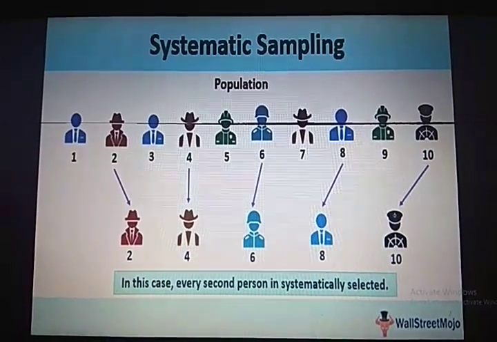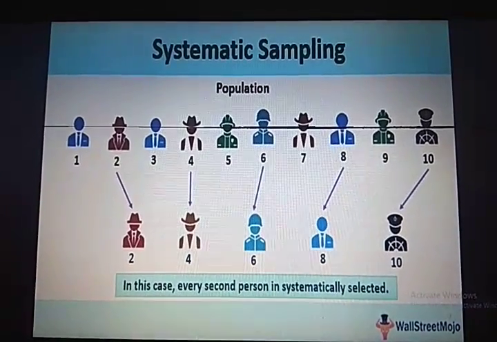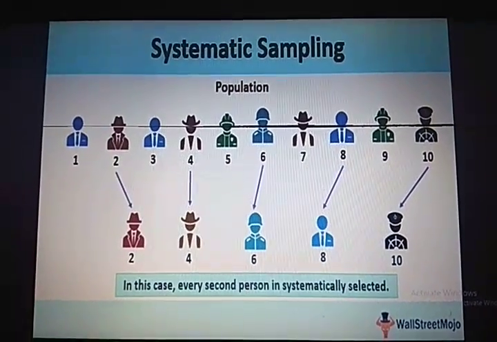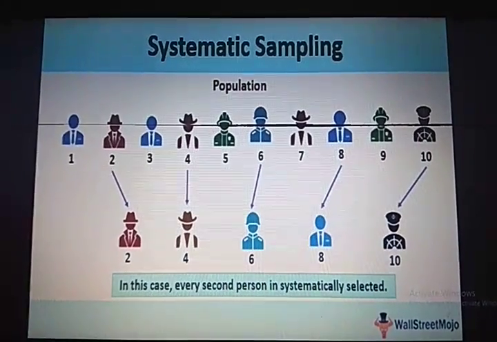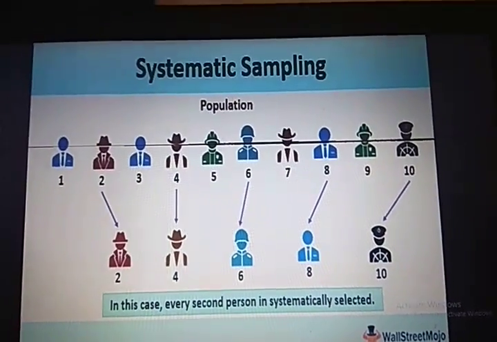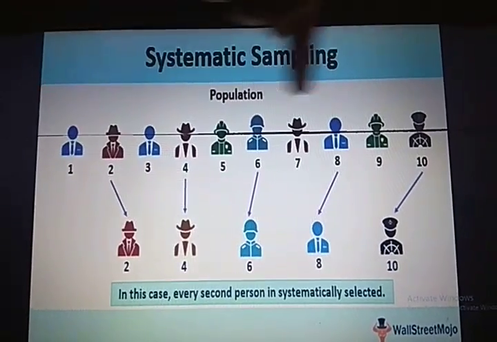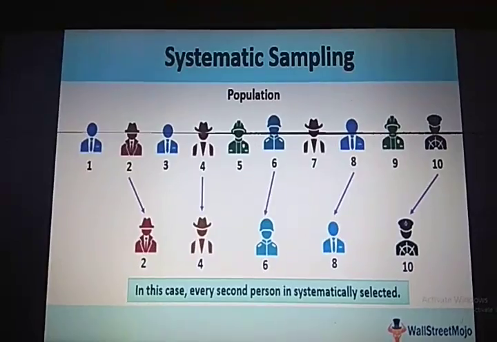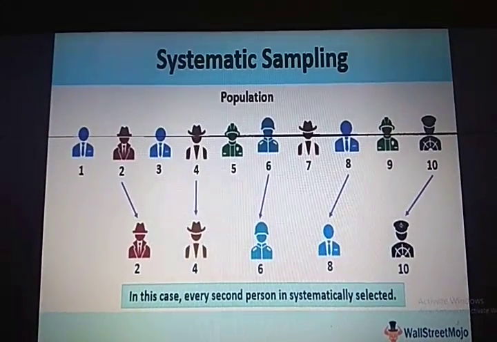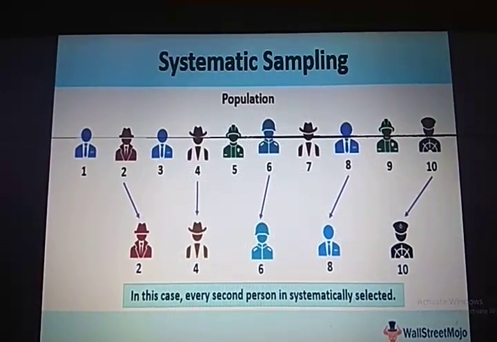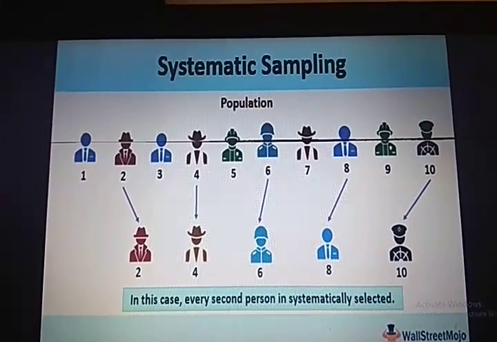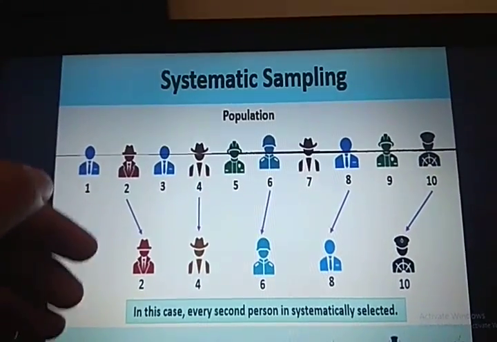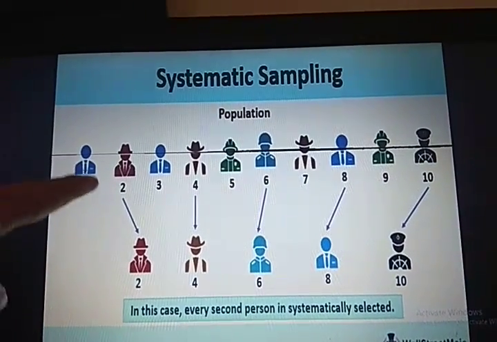Now systematic sampling. In this method, out of the complete list of available population, the sample is selected by taking every nth item from the list. That means, like you can see a set of people here, 1 to 10, different people in the population. What I have done is create a system wherein I am selecting every second person. I have arranged them in an order and then I'm selecting every second person. So every second person I'm selecting here.